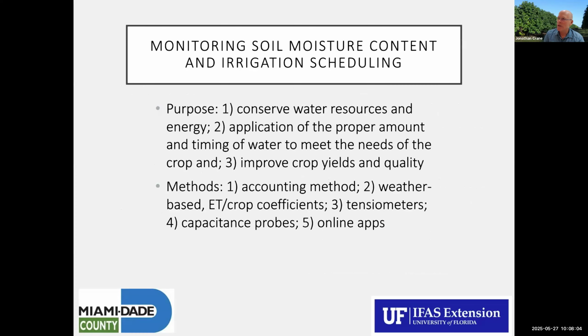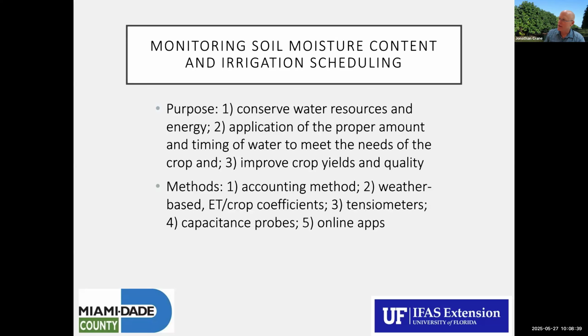So, monitoring soil moisture content and irrigation scheduling. The purpose is to conserve water resources, and you're conserving water, right? And you want to apply the proper amount and timing of irrigation to meet the crop demand. And you want to ultimately improve the crop yields and the quality, right? So avoid those drought stress periods. There are many different methods, from the accounting method, which is like, you know, reducing a bank account,